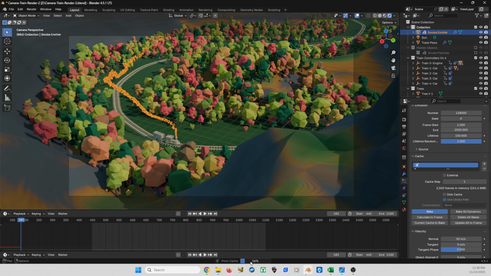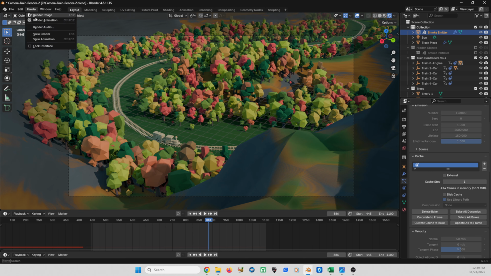So you can see that I have a timeline going here. So I'm just going to let that run while I talk. So once you have all these things set up, you can then go to render and click render animation. And mine is lagging because I'm baking. Let's see if I can hit escape. There we go. Stop that. So you will go to render and render animation when you're ready, and Blender will start making those files or the